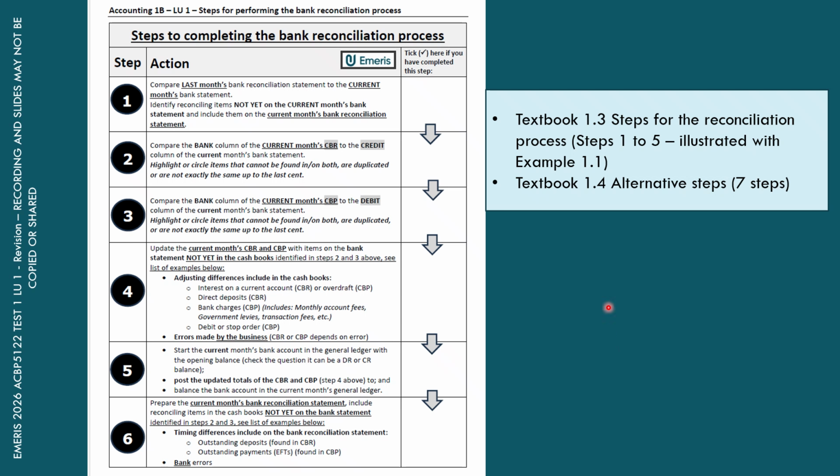And these 6 steps are really just a combination of the different steps in your textbook. So if you want to, you can take a screenshot of this page so that you also have access to these steps. And I've tried to make them quite complete by adding in examples of the adjusting and the timing differences and where you will go to make which correction.